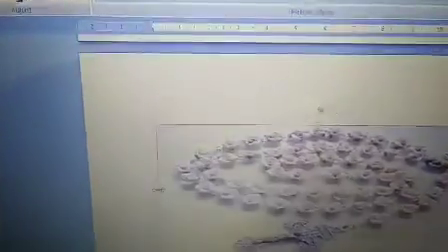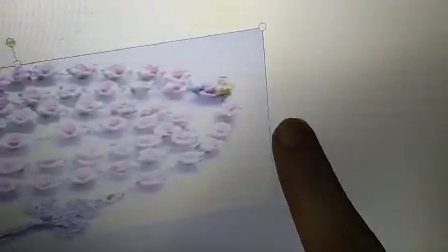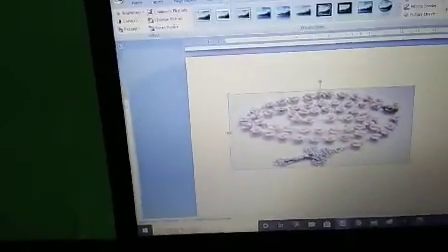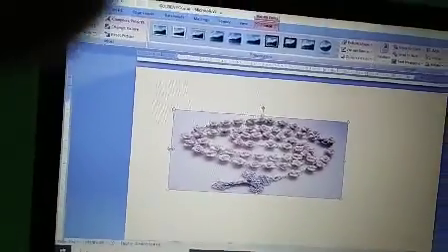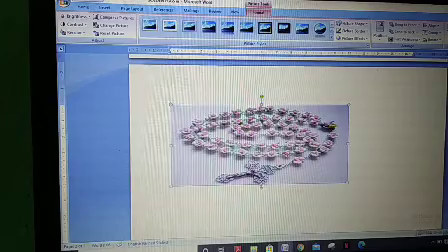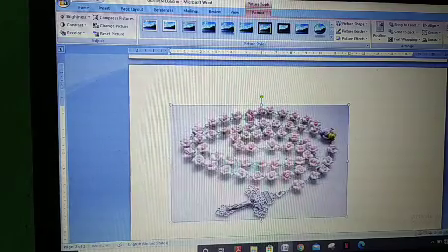There are resizing points, one here, another one here. When you hover your mouse over these resizing points, the pointer will become a double-headed arrow, and then you can resize your picture. Done.